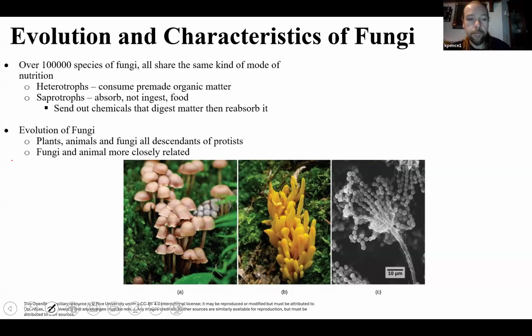Most are going to feed saprotrophically, meaning that they're going to be the decomposers. With a saprotroph, they actually excrete out a digestive juice from their cells. They break it down on the outside, and then after it breaks down, they reabsorb. So it's opposite of what we do as animals. We ingest and then break down in our bodies. These guys spit out, break down outside, and then reabsorb after they break it down.